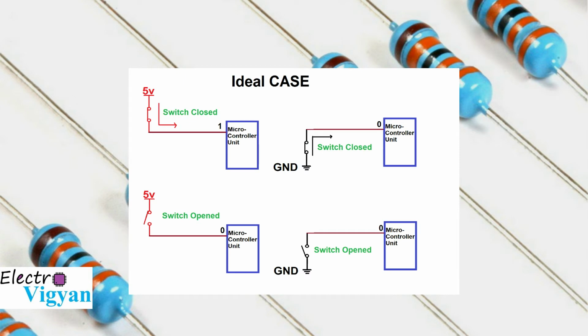You might be wondering, if I have connected my switch to 5V, I will be getting 5V at the output of the switch, and thus the microcontroller input pin will get logic high. And in the same way, if I have connected my switch to ground, I will be getting logic 0 at the input pin of the microcontroller. So from where did we get the voltage of the intermediate state?